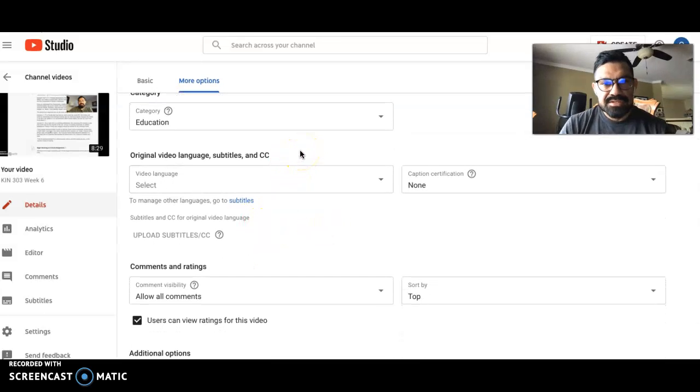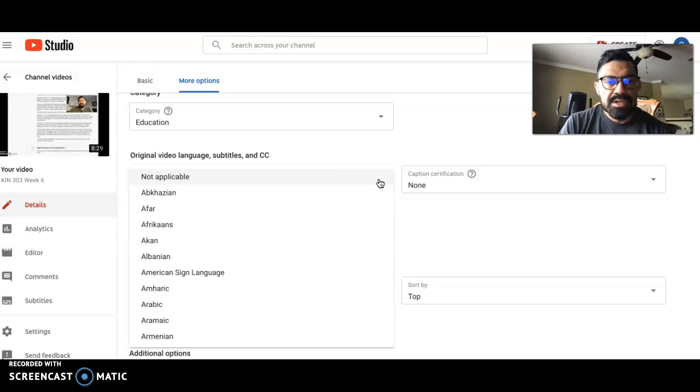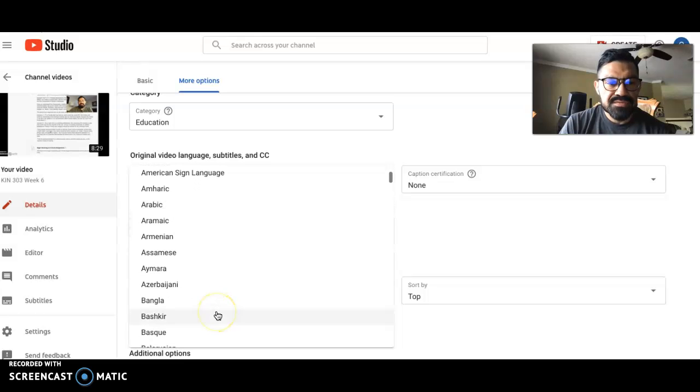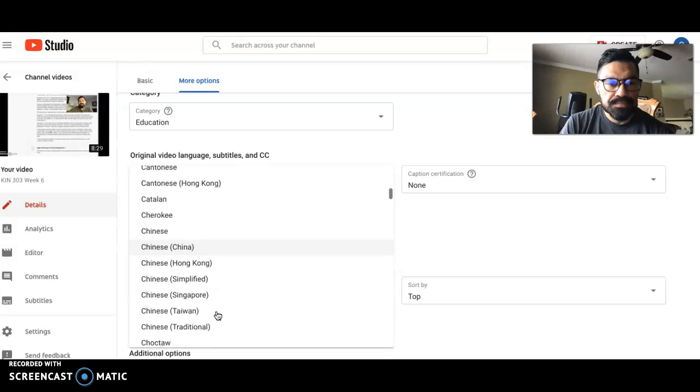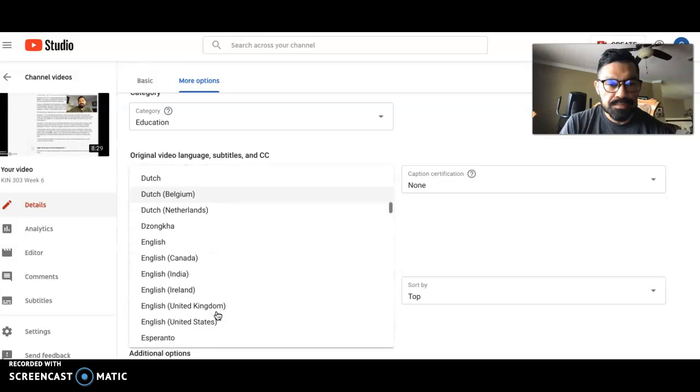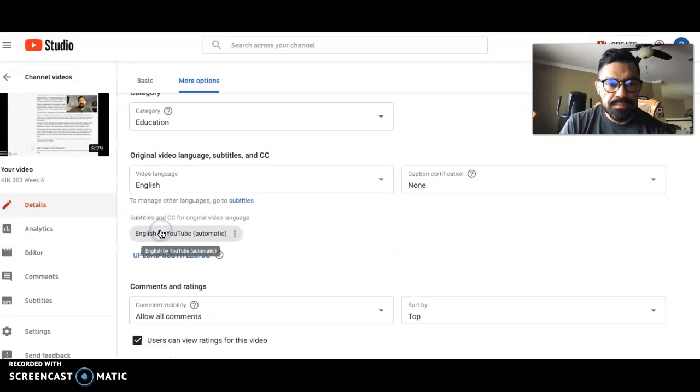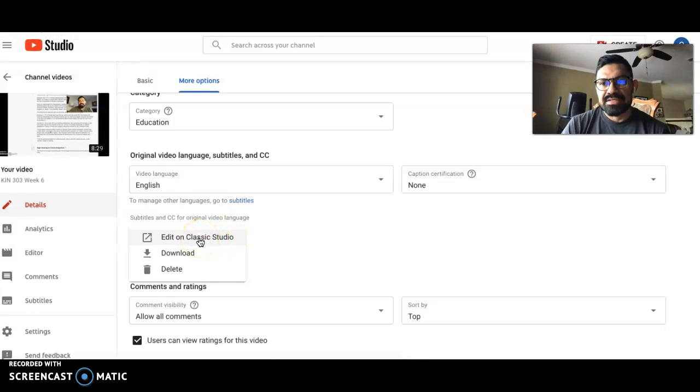and you have to get to the section where it says original video, language, subtitles, and closed captioning. And we're going to choose English for the language. And from there, we have to click on these three little dots, and we're going to edit them, because